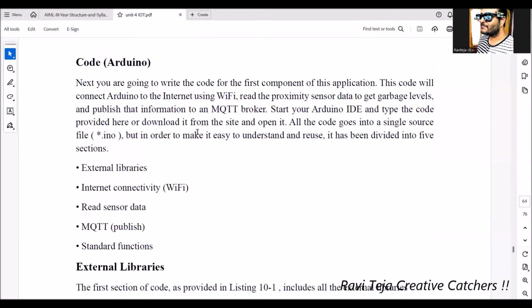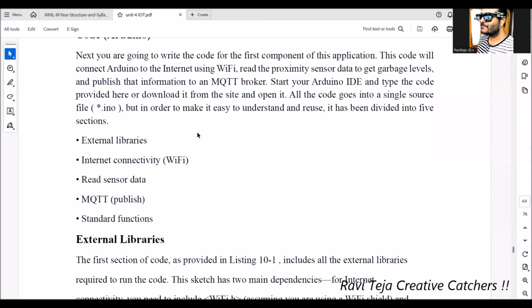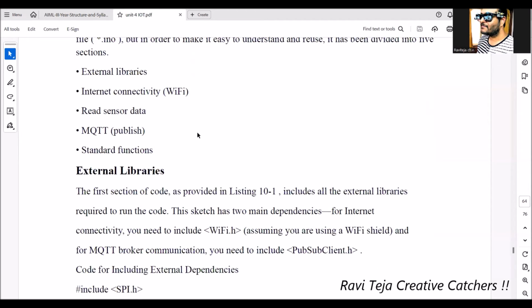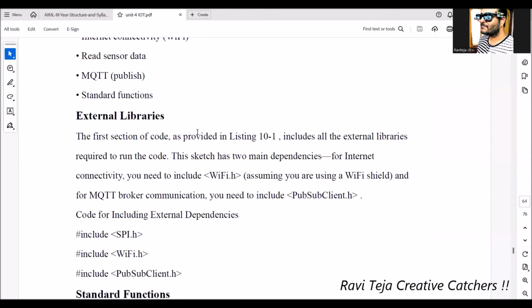Now coming to the Arduino code, as we already know, we need some external libraries and internet connectivity. We need some commands or functions to read the sensor data. We need some commands for the MQTT to publish, and we need to have some standard functions. Coming to the MQTT libraries, we have